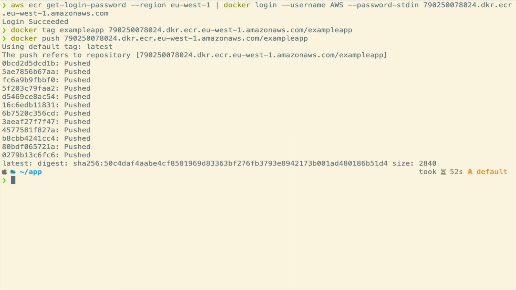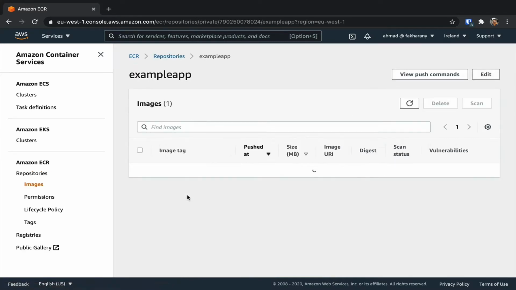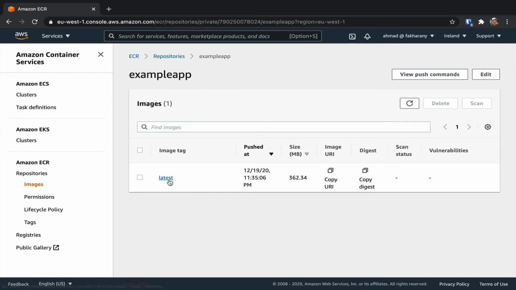Alright, and now the image is pushed. I can now go to my ECR repository, click on example app, and now I can see that I have an image of the tag latest that has been just pushed. This is the size, and later on we'll see how we can select the image tag that we are going to push to. But to do that, we'll first need to move to our next step, which is creating our